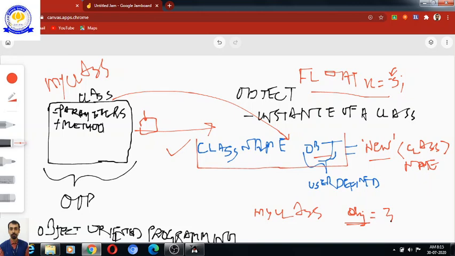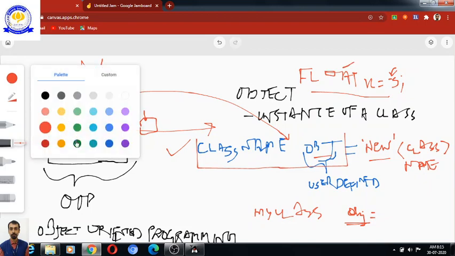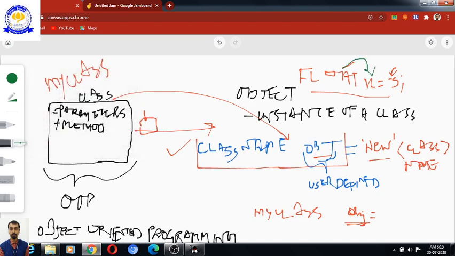But why will it be wrong? Because what kind of values this object can store is defined by what kind of values this data type allows. Float allows x to work with the value 3, but it does not allow x to work with something like a character.